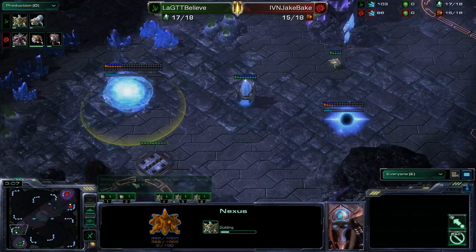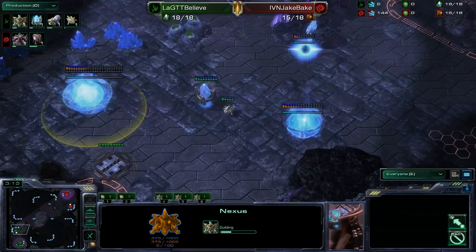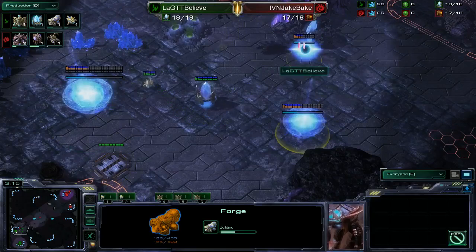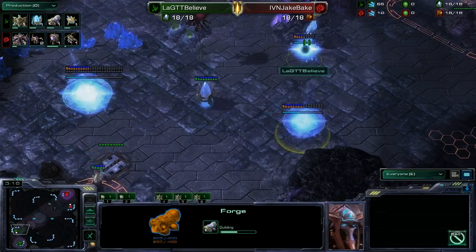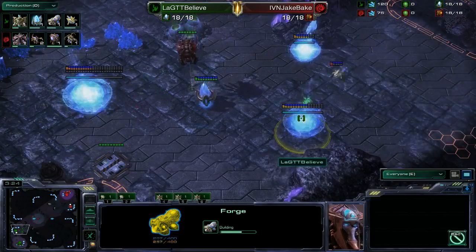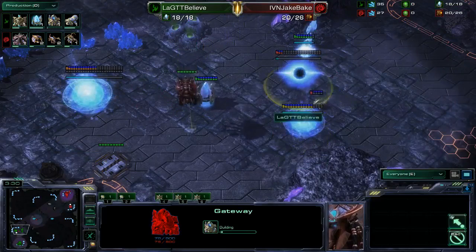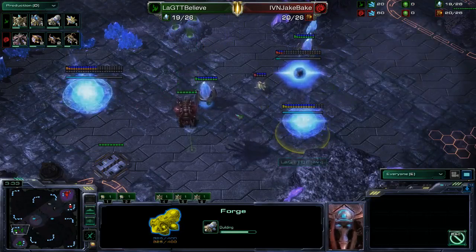So we have a Nexus first out of our Protoss player. Very standard on Cloud Kingdom, as far as I know. I usually do this on Cloud Kingdom. It's got pretty much the exact same rush distance as Daybreak too. And Daybreak is kind of known as the Nexus first map, so...